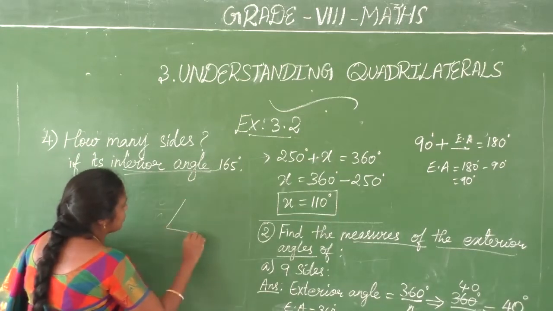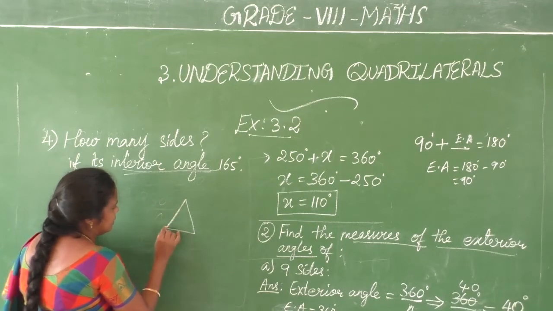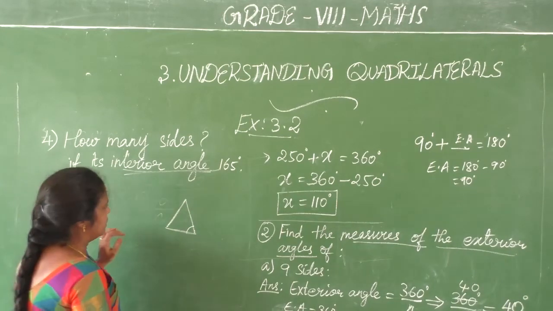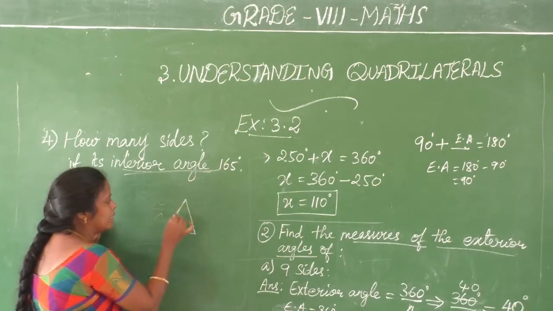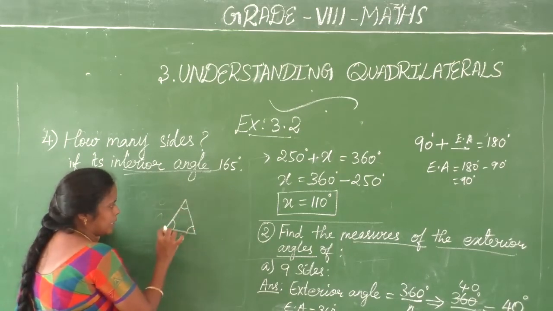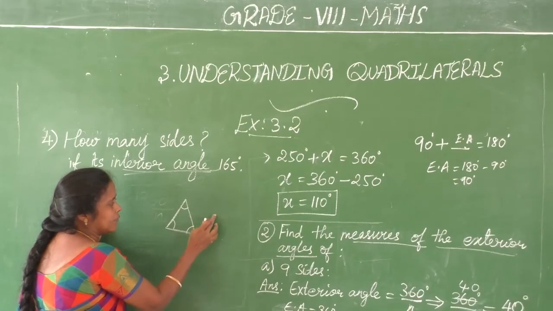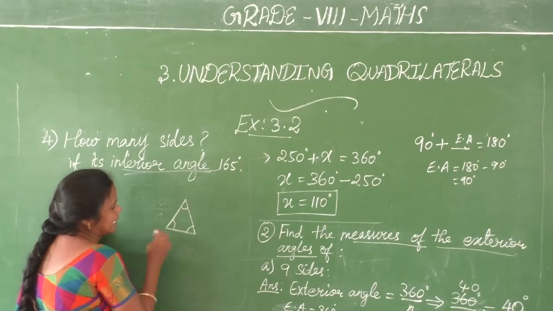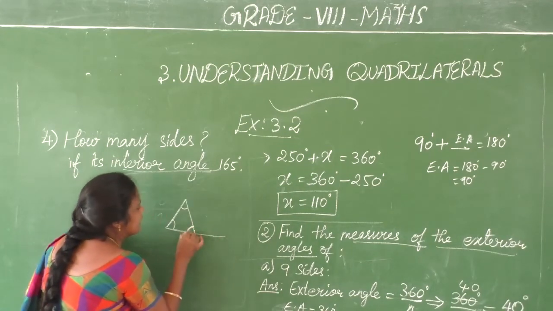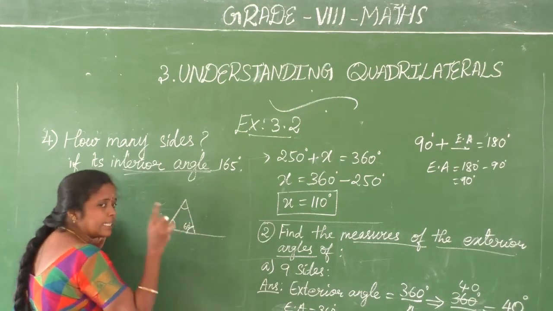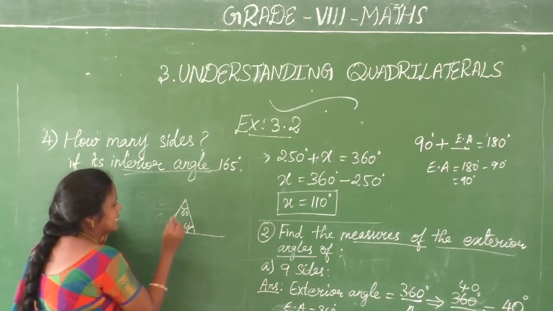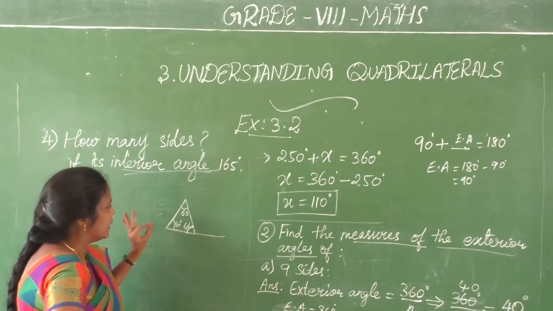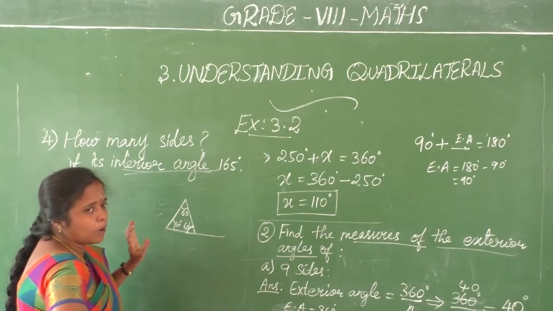See, for example, if you take a triangle, we know already in the previous class we have the angle sum property. The sum of the measures of the angles of a regular polygon having three sides is 180 degrees. Simply what it means: the sum of the interior angles of a triangle is 180 degrees. Clear? That means each interior angle is 60 degrees. This we have seen in the previous class: 60 degrees, 60 degrees, 60 degrees. The sum of three angles of a triangle is 180 degrees. This is a well known result called the angle sum property of a triangle.